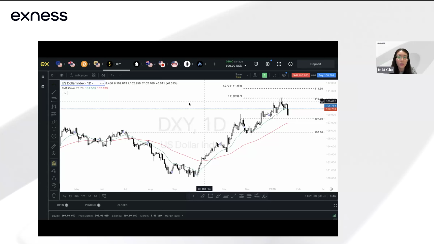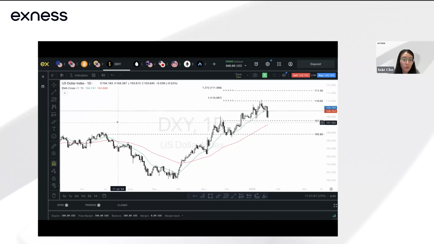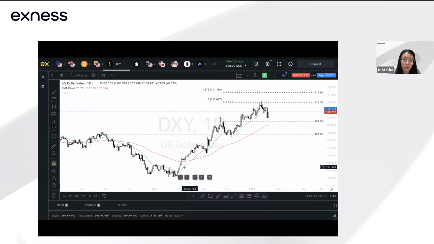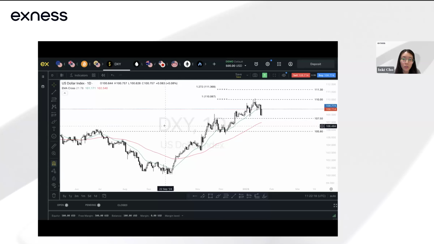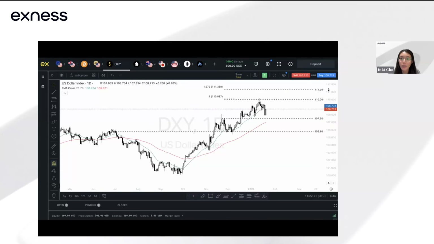Thanks, Enki. So we'll take a look at the dollar index first. From the different time frames, we will analyze key levels, and following that, we will take a look at gold. On the dollar index, ever since the start of November, or end of September, it has been on a climb, when markets are anticipating Trump's victory and potentially a stronger dollar with the inflationary policies ahead, because Trump's policies with the tariffs tend to drive prices higher.